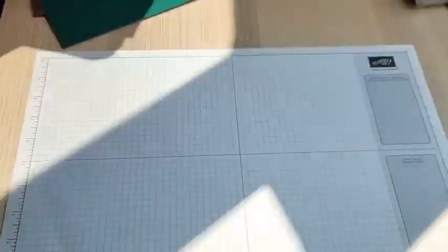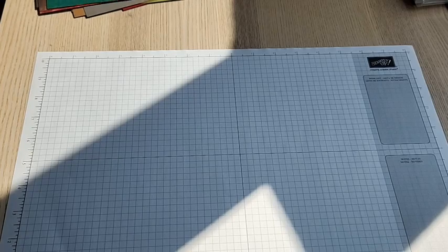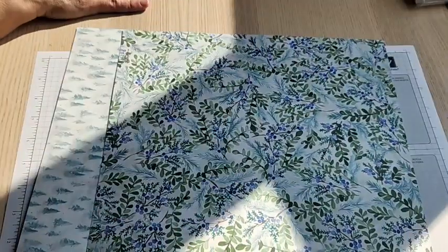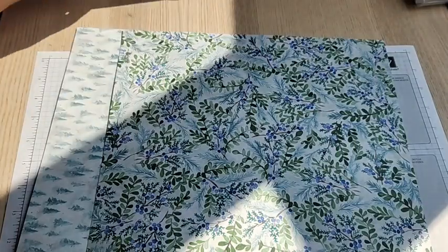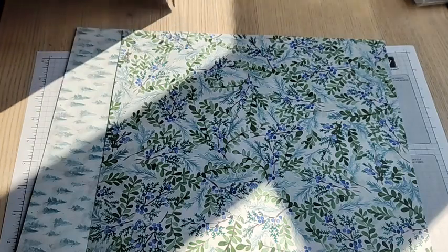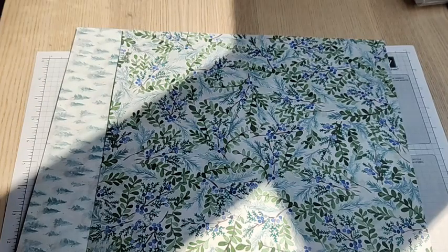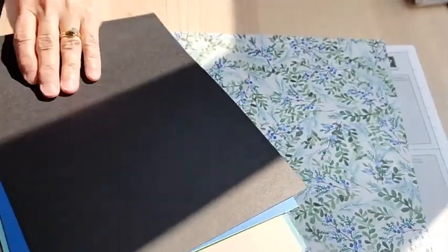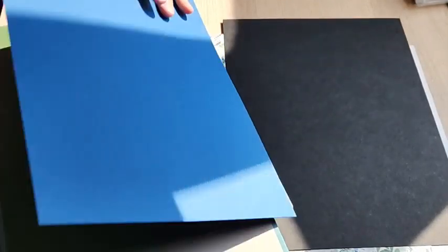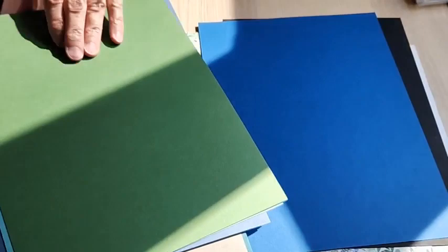So let me show you, let's show you this next. I showed you this the other day when I made my 5-minute card. This was my inspiration. Let me pull out my cardstock and I'll tell you what colors they are, maybe. Oh dear. There we go. We have Basic Black. We're going to have to look for the black in the paper. And Blueberry Bushel, Garden Green,